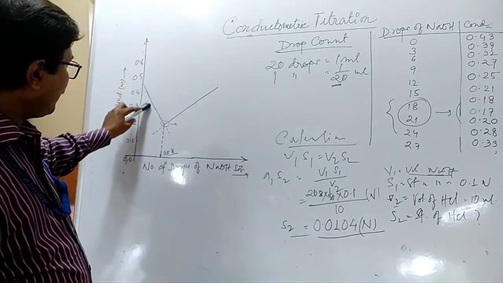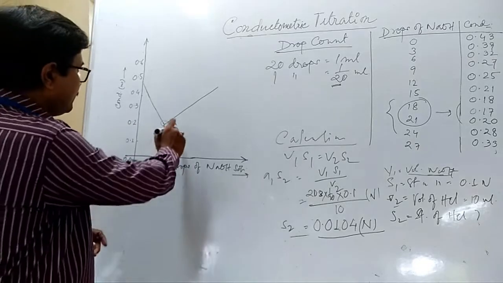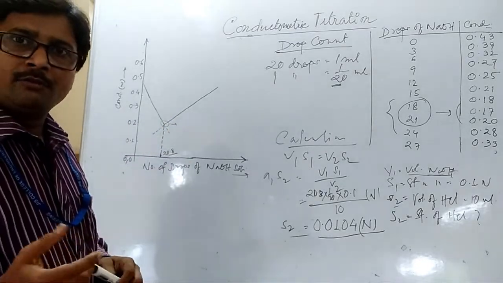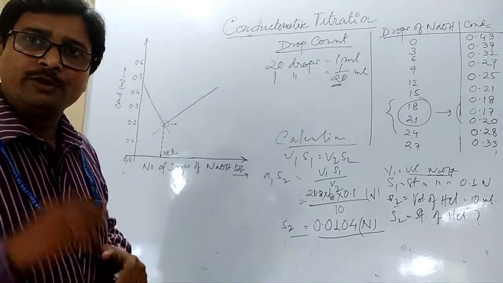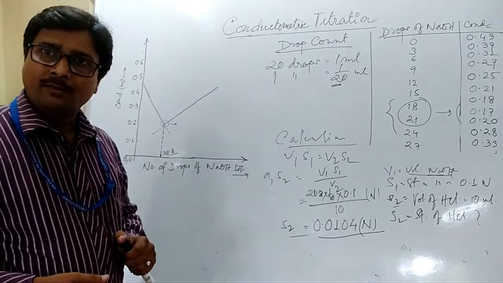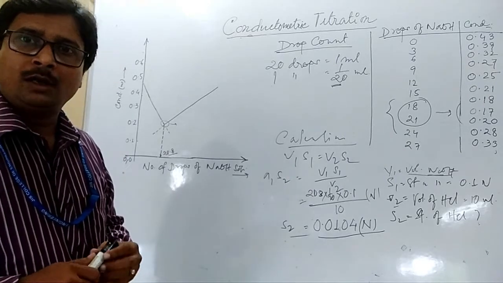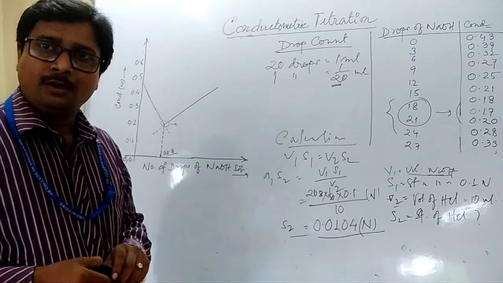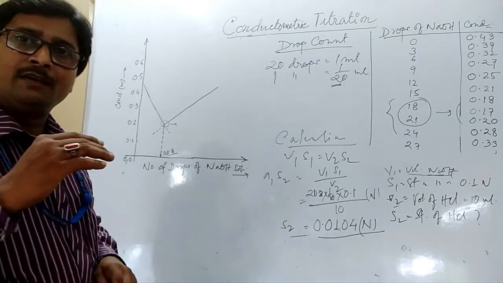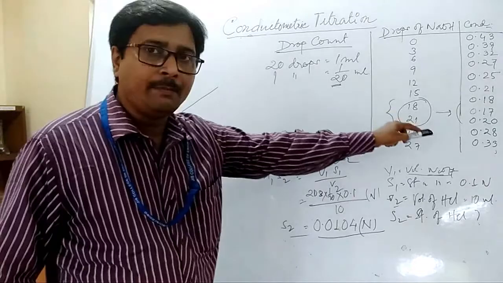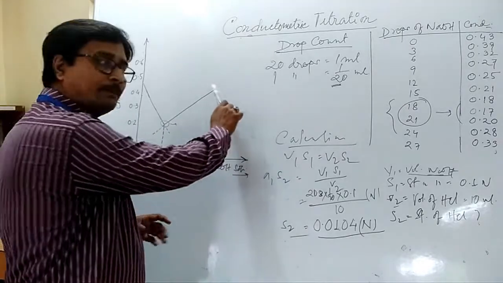So it shows in the graph also that it is decreasing. And at the neutralization point, what happened? H plus binds with OH minus, and H2O is formed. So there is no H plus for replacing Na plus, because further we are adding NaOH continuously. Then OH minus, which is also a movable ion, makes the conductance value start increasing again, as shown in the table. It indicates in the graph also, again increasing up to that.